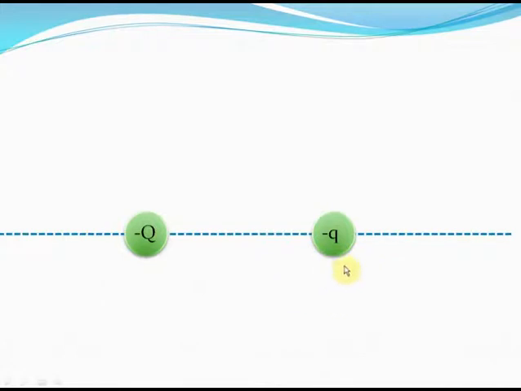You can similarly consider two negative charges, minus capital Q and minus small q. Again, in between these charges on the axis, the electric fields will be opposite in direction. The electric field due to the minus capital Q charge will be towards the minus capital Q charge. The electric field because of the minus small q charge will be towards the minus small q charge. And similarly, the electric field will be 0 on the axis at some point between these two charges. The point where the electric field will be 0 will again lie somewhere near the smaller charge, small q.